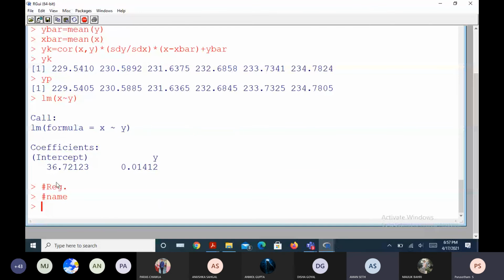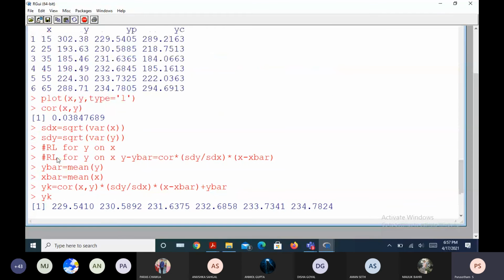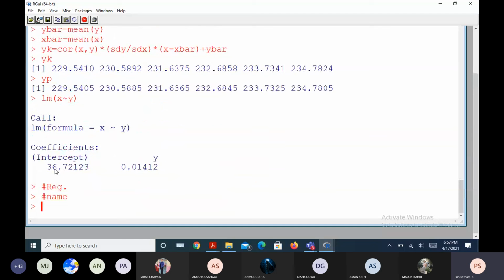Sir, can we submit the screenshots of the entire thing? Only the people who have the problem with Control P. Otherwise, it is a one time thing: add my registration number and name, go to the file menu and take the print option. It will print. You give your registration number as a file name, then upload it in the Teams. It is a 1 minute job, but still I gave you 30 minutes.